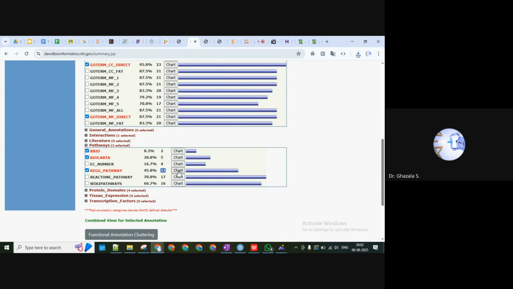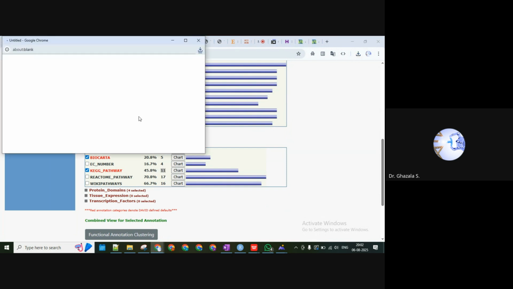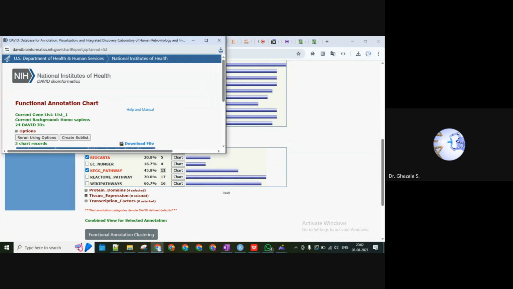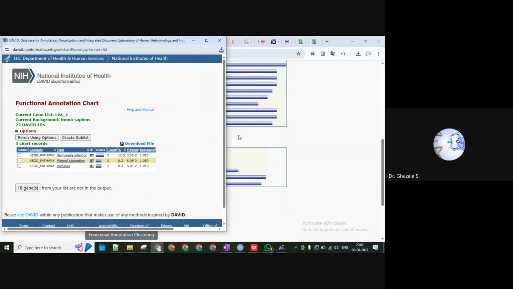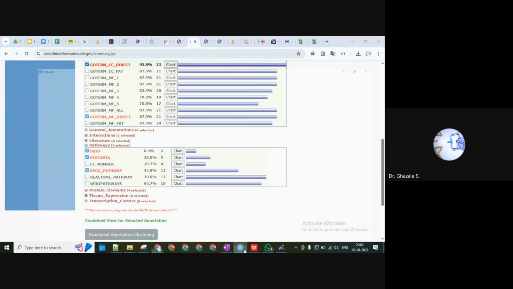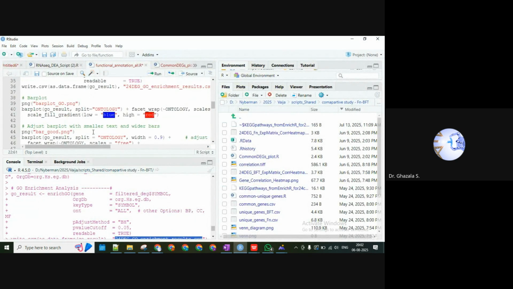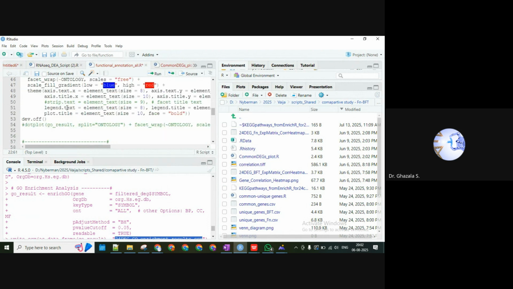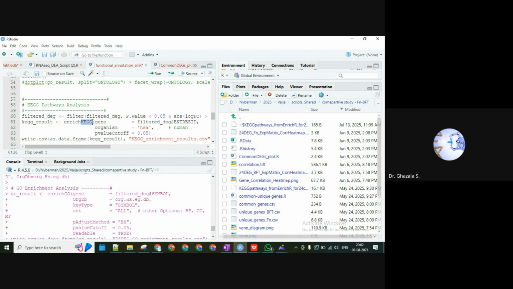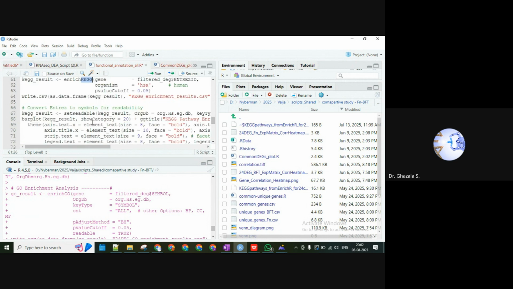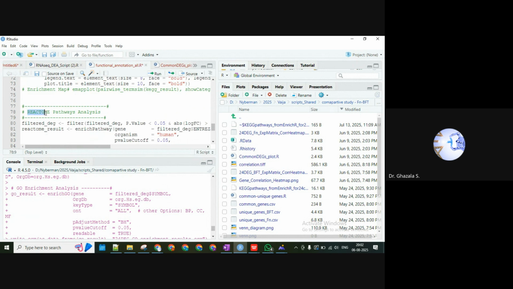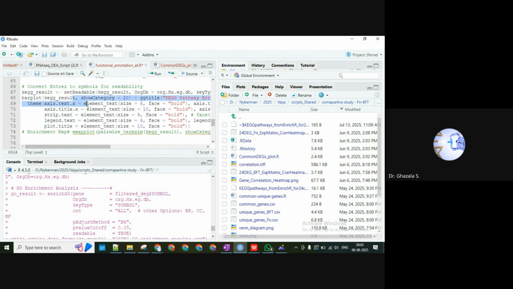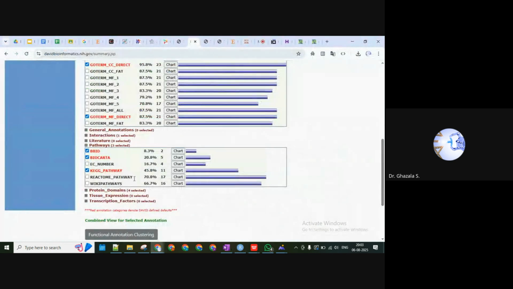So we can open that and see how they are involved or what pathways are involved, whether they are the same that we got from the script, because there we used KEGG pathways in the code that we used to generate the pathway analysis. Here you can see KEGG pathways, so enrichment of genes in KEGG pathways. And I think we also used Reactome pathways, so for Reactome pathways also we got the results. For KEGG pathways also we got the results. So no result will be different from the tabular data that we are generating from here.